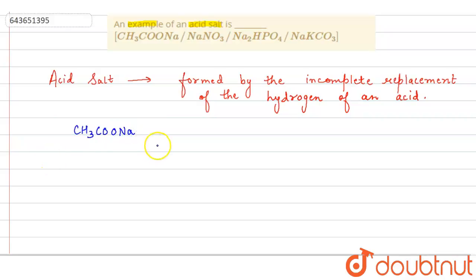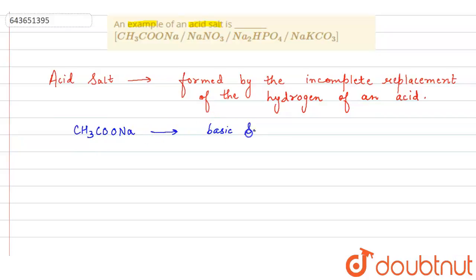CH3COONa, this is sodium acetate. So in this example, sodium acetate, it is basically a basic salt because it is formed by the neutralization of weak acid and strong base. So it is a basic salt, and it does not follow the criteria of acid salt, in which there should be incomplete replacement of the hydrogen of an acid. But in acetic acid there is only one hydrogen atom which is replaced by sodium in sodium acetate. Now if we talk about NaNO3,